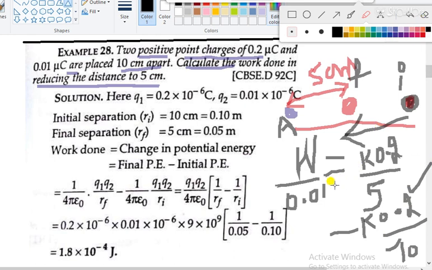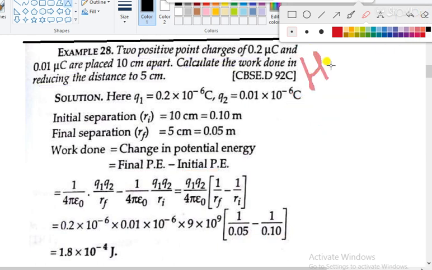So now you can see this term will multiply here, this 0.01 will multiply here. So now you can easily understand the concept that it is the final potential energy minus the initial potential energy. At this point it has some energy, that is the final potential energy, and this is the initial. So you can use this concept also, just the radius will vary, this value will vary, otherwise the rest is the same. So you can understand this question also, so take it as homework, and if you have any doubts you can comment to me.